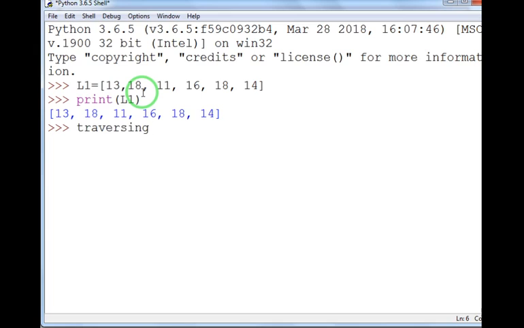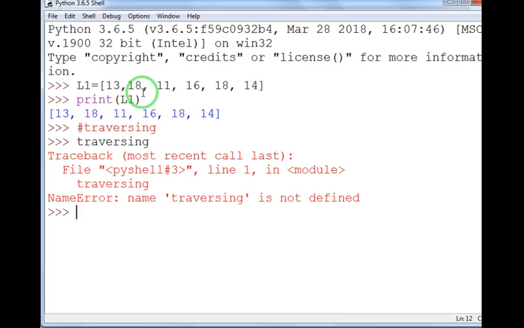For this we will use a hash sign. The hash sign is used to create a comment, so you won't find any error. If you just write any value without using the hash sign, it will lead to an error. So if you want to write a comment, always use the hash sign, and then you can write any comment over here.